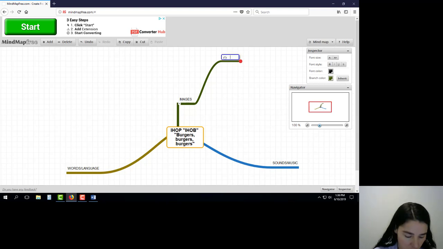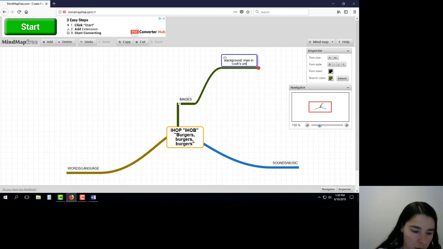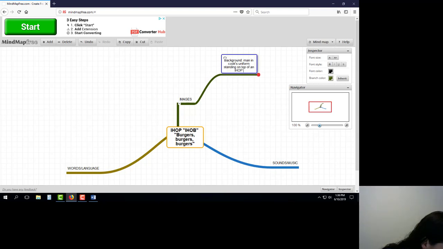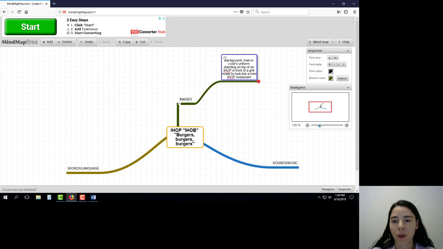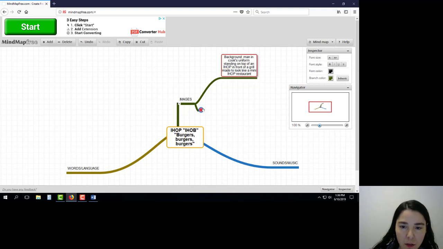So in the background, we've got a man in a cook's uniform standing on top of an IHOP restaurant in front of a grill that is made to look like a mini IHOP restaurant. Another image that stood out to me,